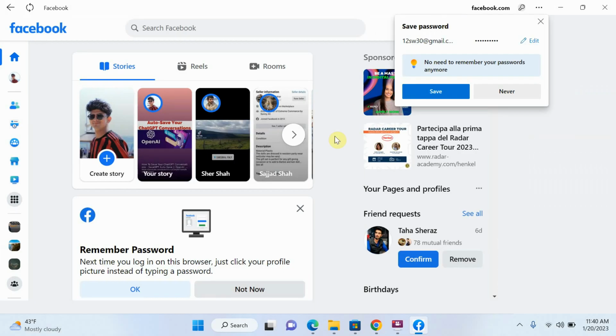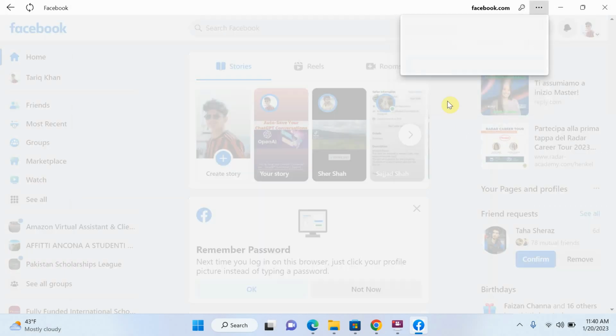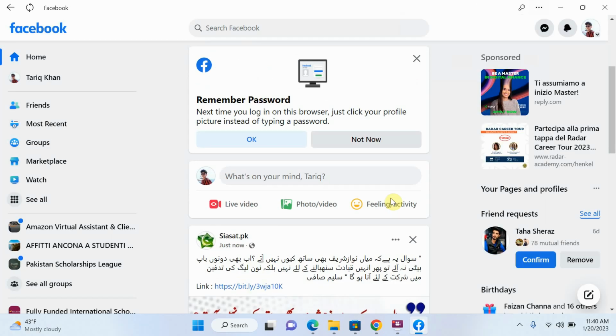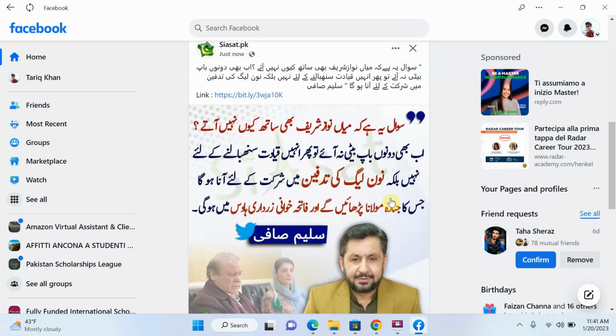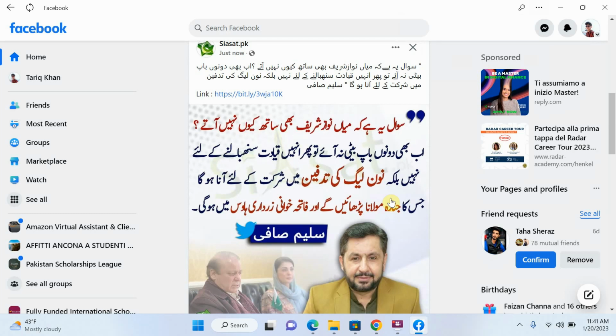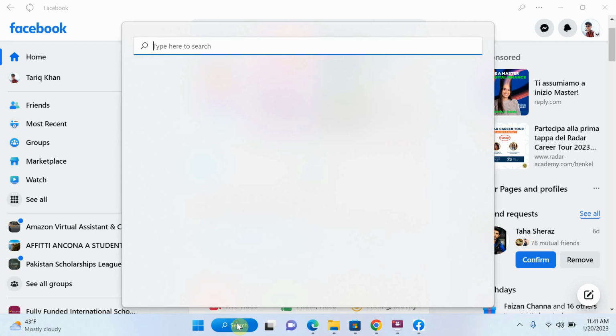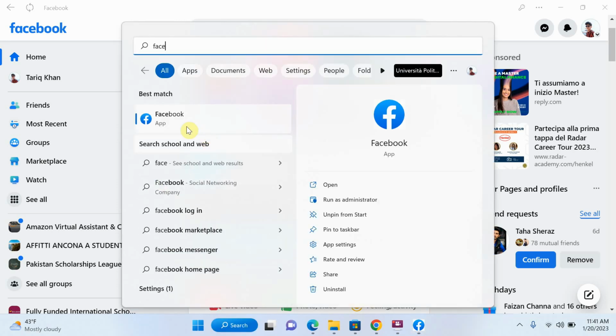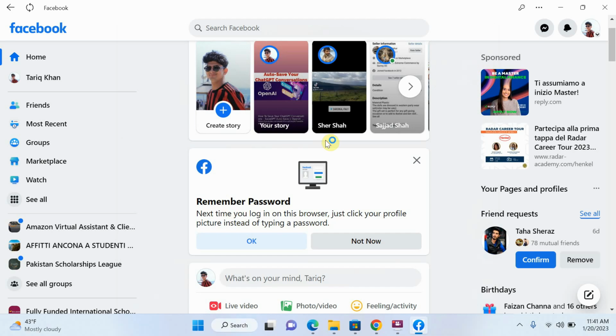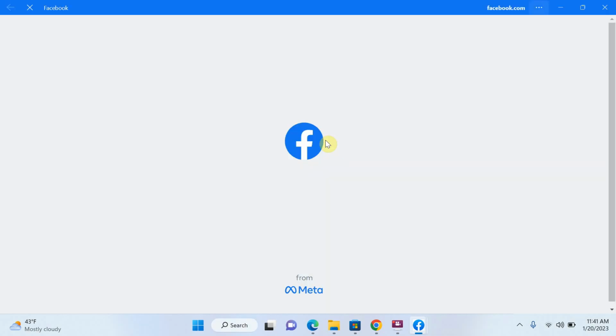Now you can see that you are already logged in to your Facebook account, and right now you don't need to open your browser and search for Facebook. Just search here in the search bar, just search for Facebook and open your Facebook application, right? For example, just search for the Facebook application, open this application, and log into your account and enjoy your Facebook application,